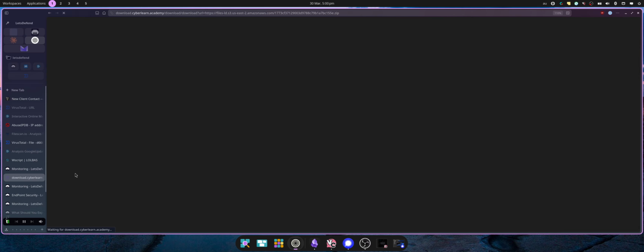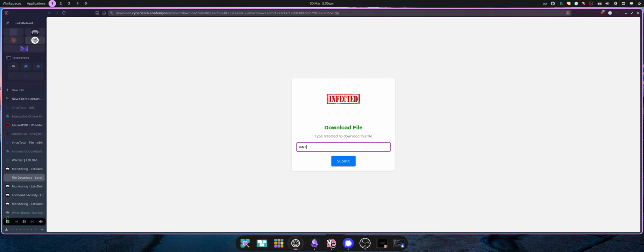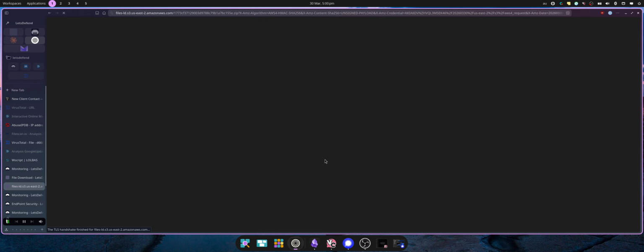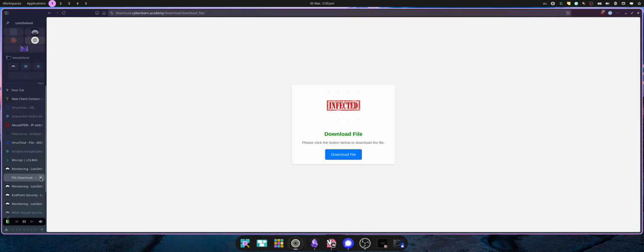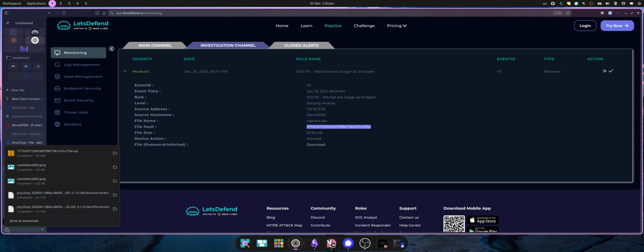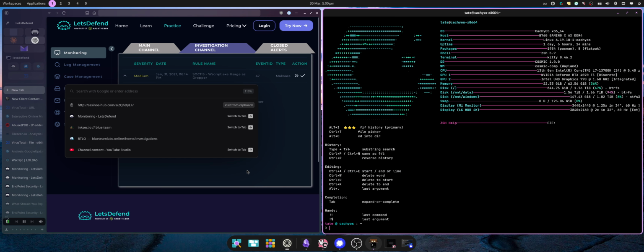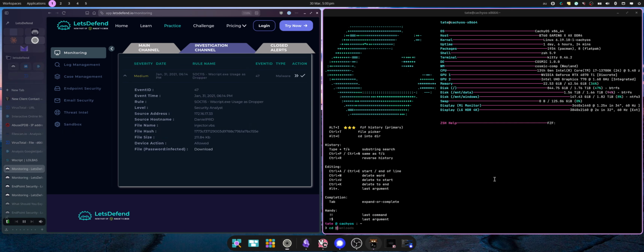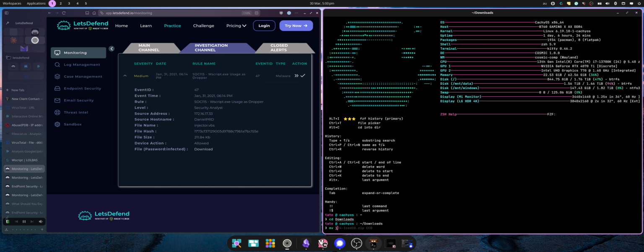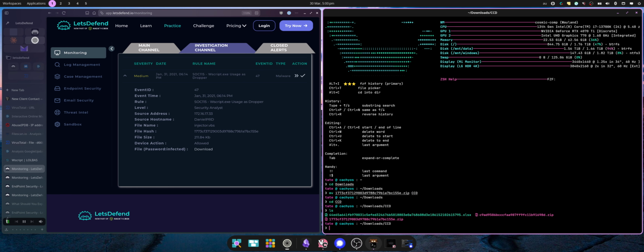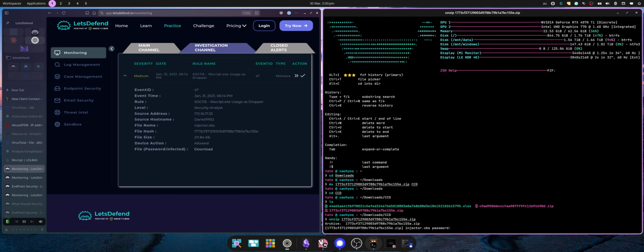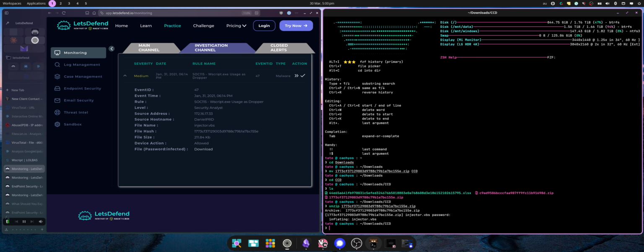Let's download the file. Infected as the password. Grab the download. Where's it? Downloaded. We'll move the zip to my file folder I normally deal with this in, so unzip. Oh, it was 17. Infected. Okay, so we've got